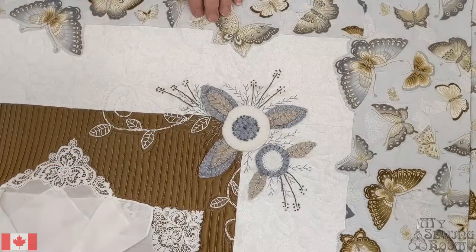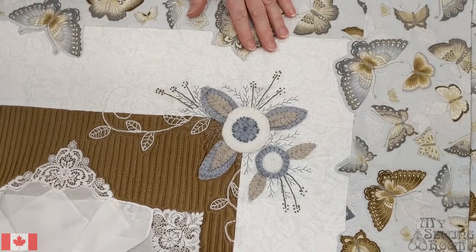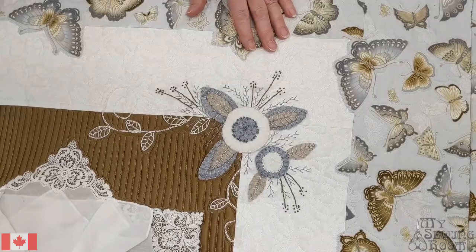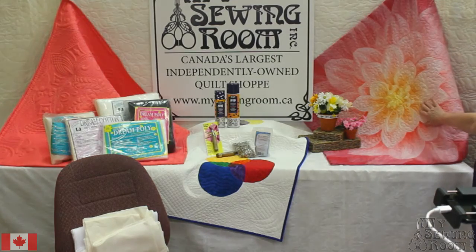Welcome to, I guess it's kind of a Technique Tuesday, but it's part 2 of our Learning to Free Motion on your domestic machine. We're going to work up towards having everybody work on this lovely Dream Big Dahlia